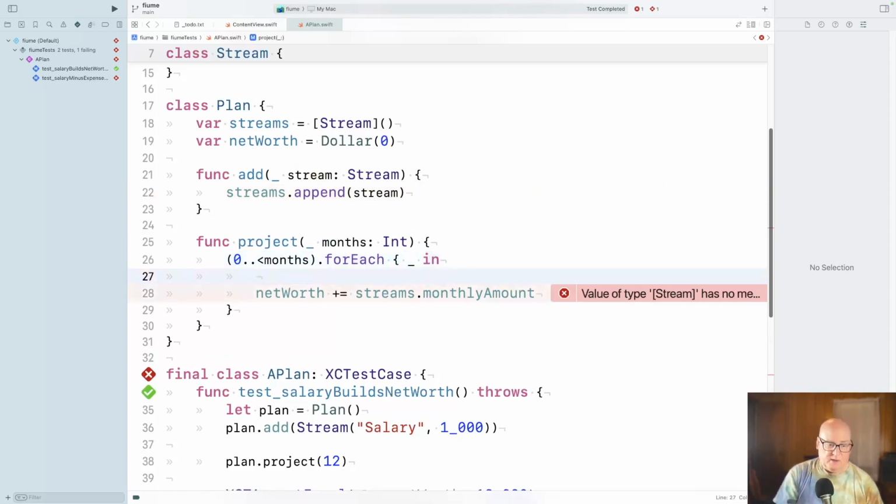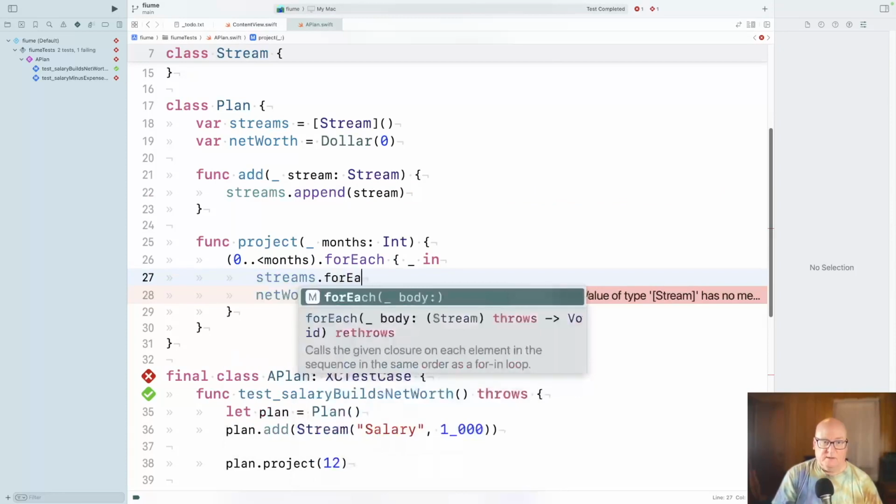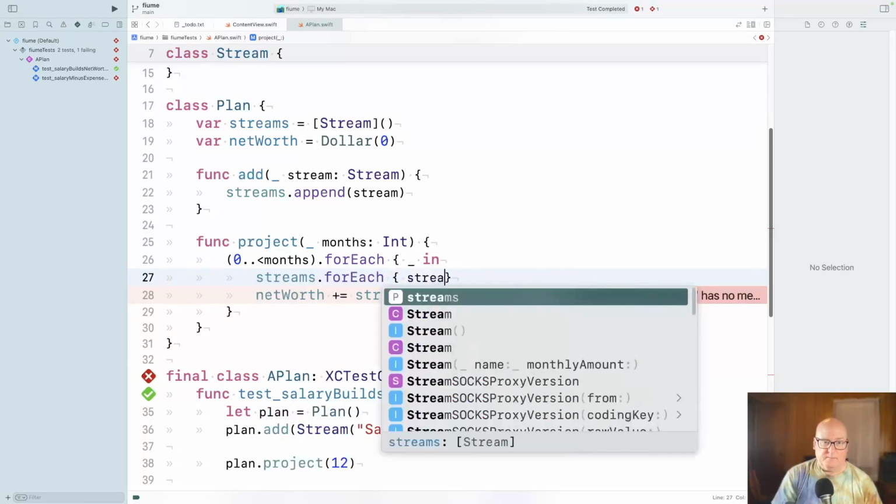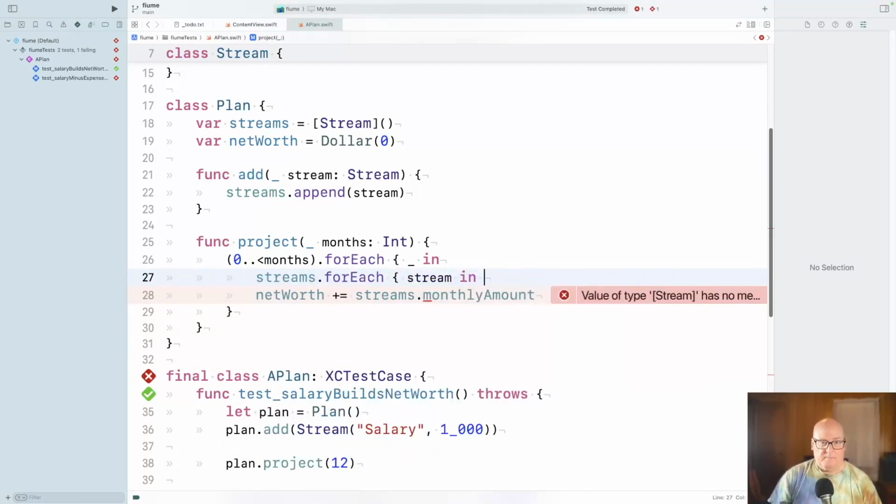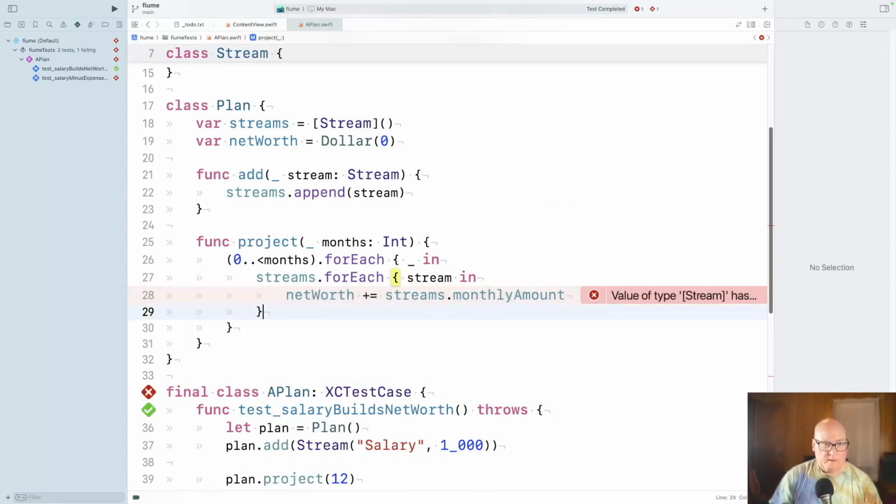Now I need to walk through my streams. So each month I'm going to go through my streams and increase my net worth or decrease it by the monthly amount.